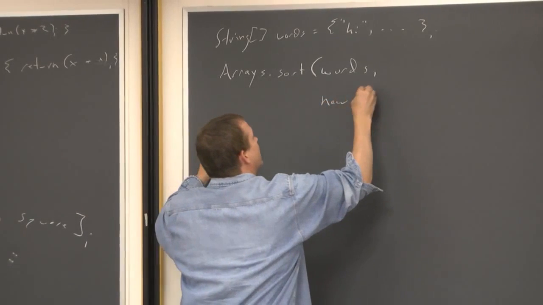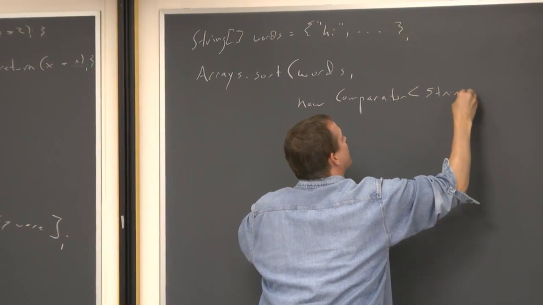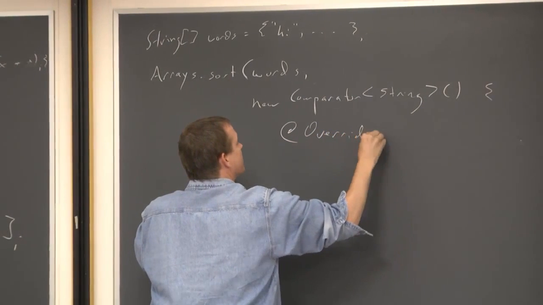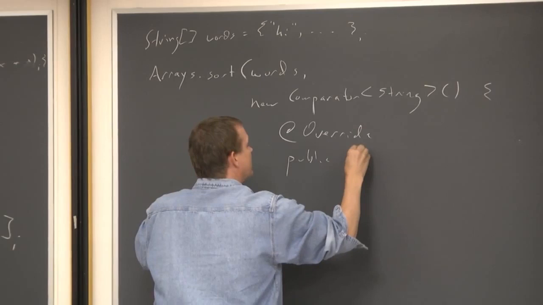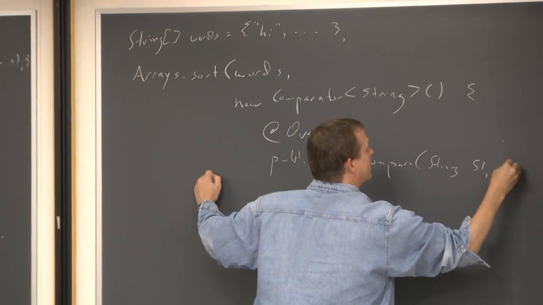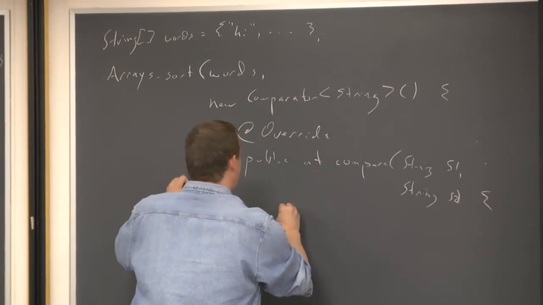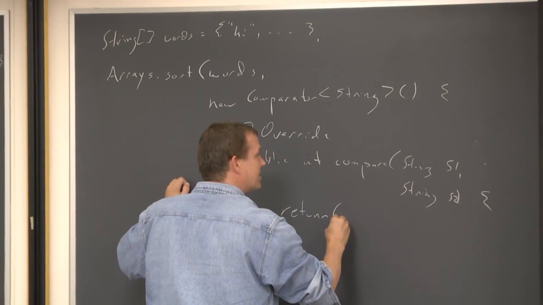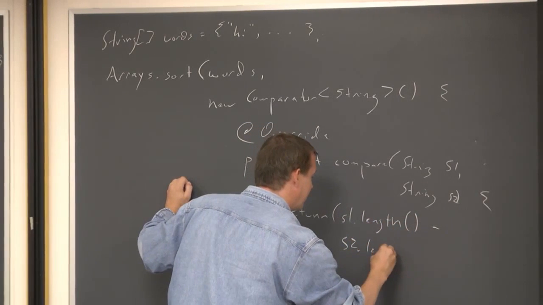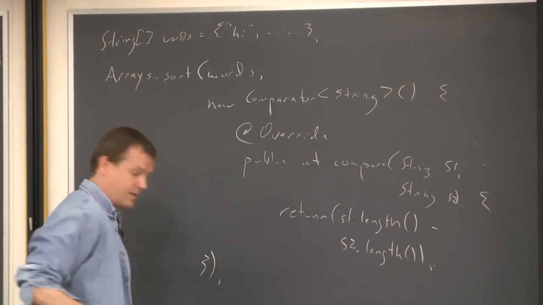So I would say new Comparator<String>. This is normal Java syntax, not new in Java 8. Compare(String s1, String s2). And then if I want to sort them by length, I'd return the difference between the lengths, s1.length minus s2.length. Curly brace. All right, so in Java 8,